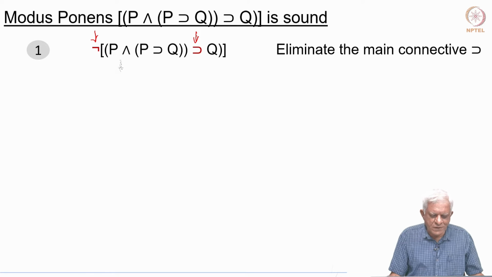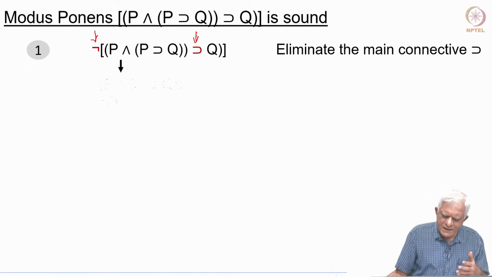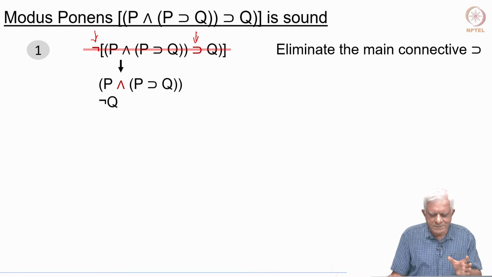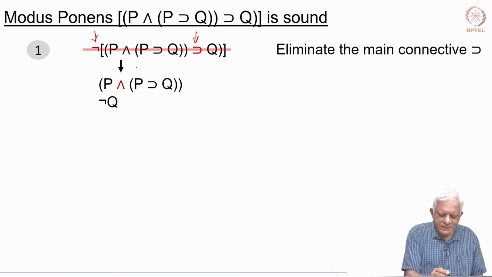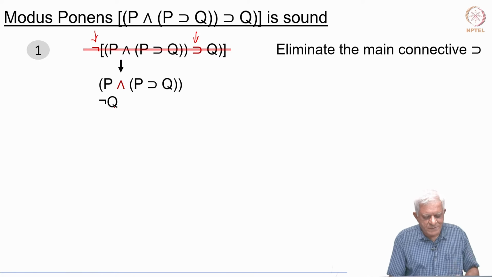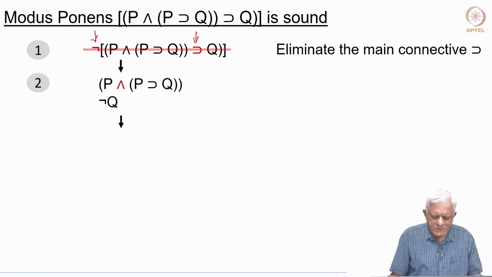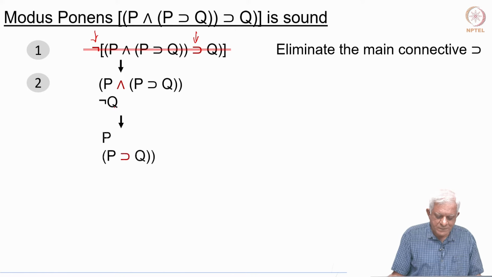So, we use the rule for eliminating something from the negation of alpha implies beta. You will get that alpha must be true and not beta must be true. Alpha is in this case the first part, which is the antecedent, and beta is Q, so not beta is not Q. Next, we eliminate and, that is a simpler rule, as you remember, both must be true. So, P must be true and not Q must be true.